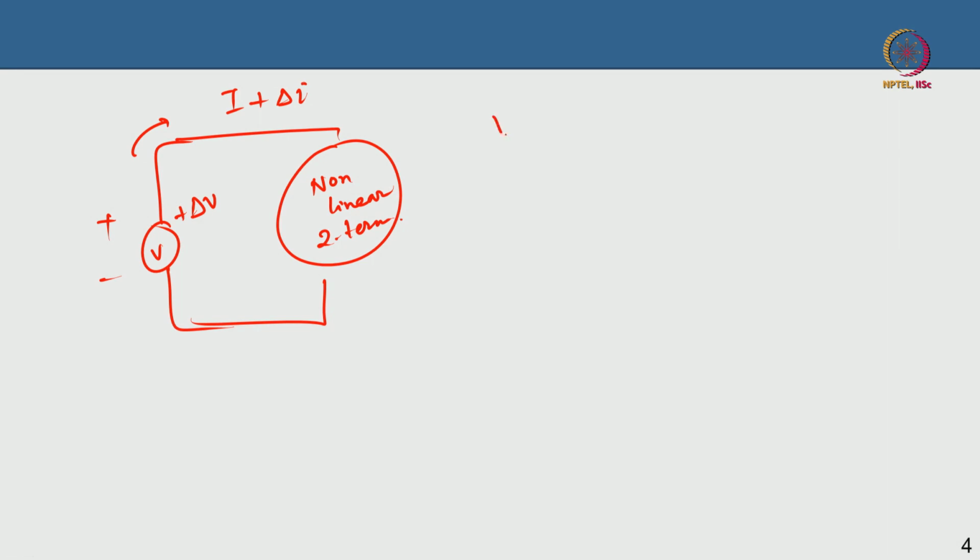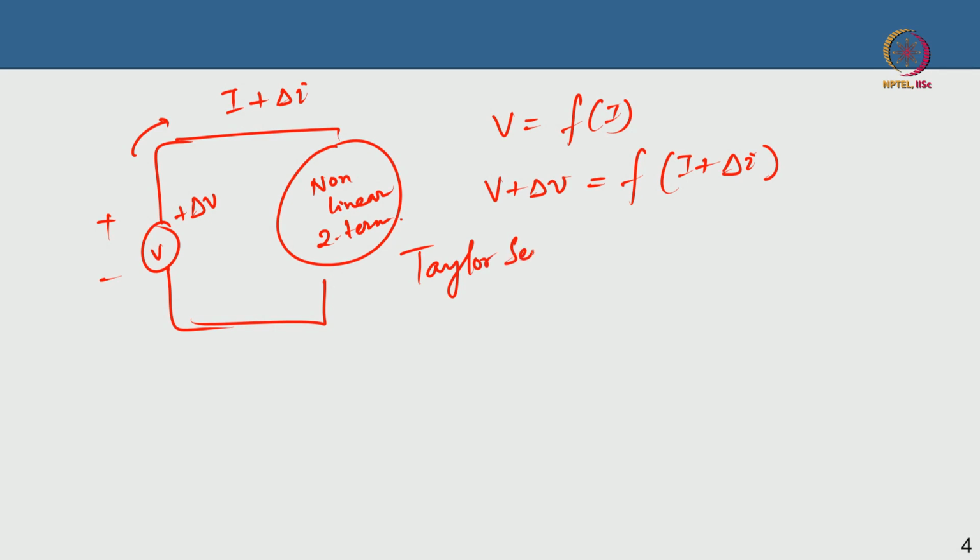I can say that the voltage is a function of I, or conversely, and so any small change gives you V as a function of I plus delta I. Okay. Now how am I going to do that? If you recall a Taylor series expansion from your 10 plus 2 or maybe even undergrad, Taylor series tells you